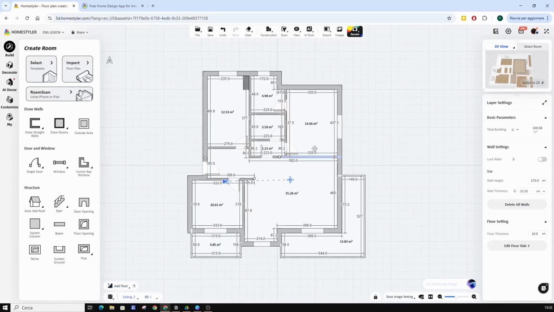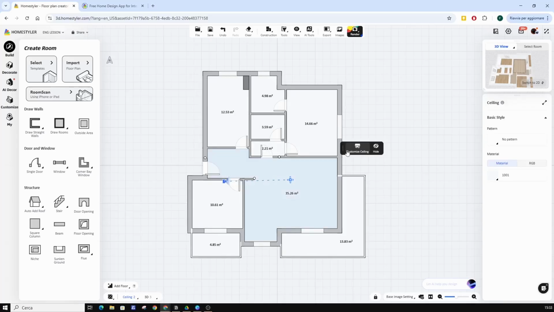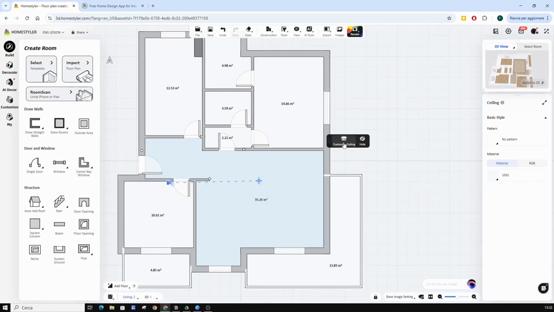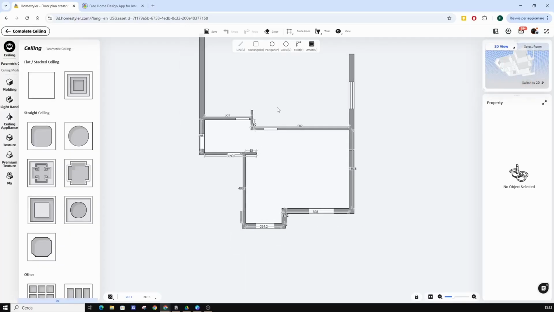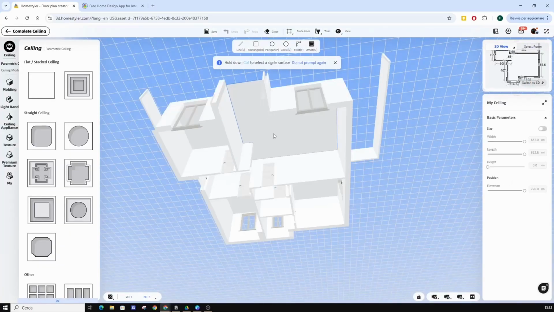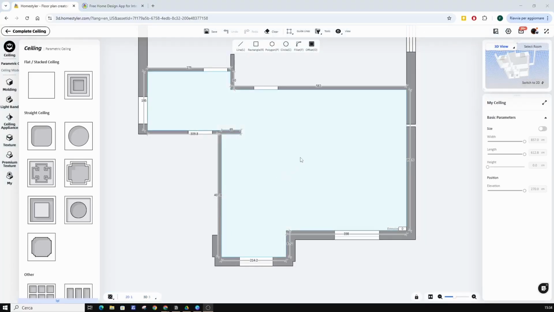And at this point, what we see in two-dimensional view are the ceilings. We select one and then, in the floating window, we choose the Customize Ceiling option. Here we can work both in 2D and in 3D. The first thing that appears on the left are preset ceilings.